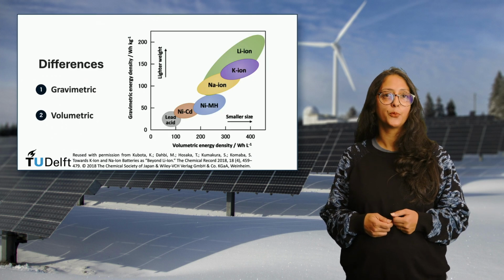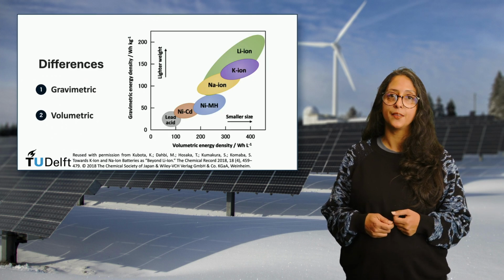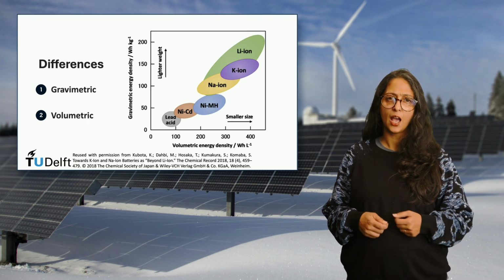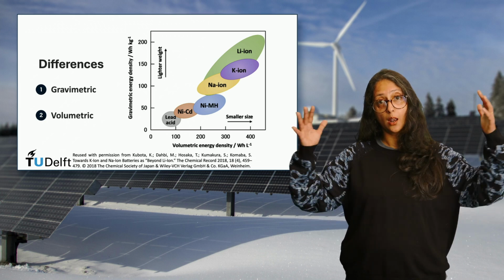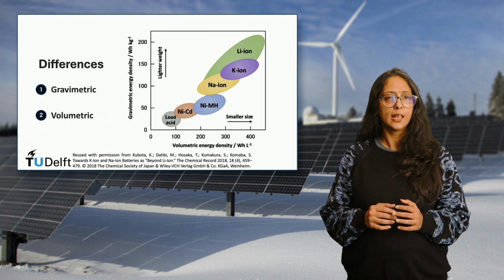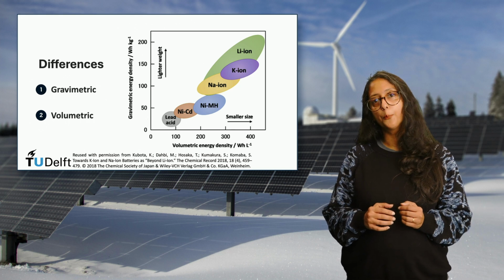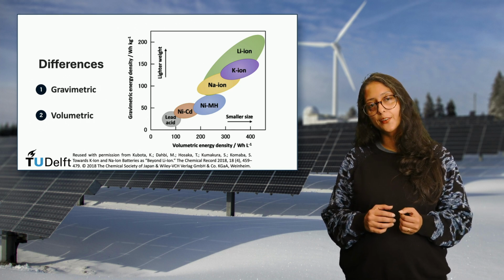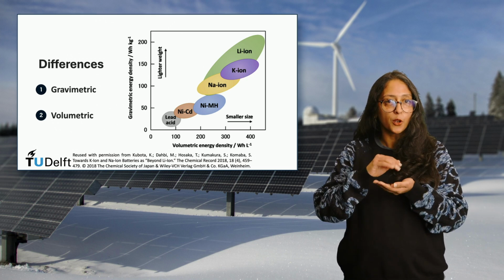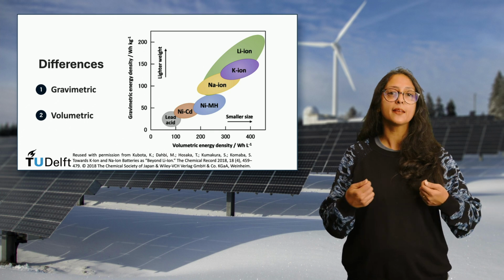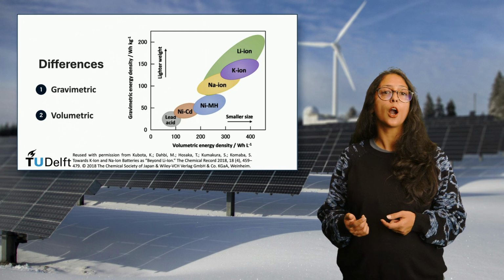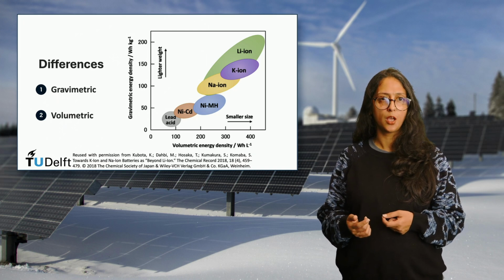The main difference between battery types lies in their gravimetric and volumetric energy densities. Essentially, how heavy or light and how large or compact they need to be to perform in a comparable manner. Lithium-ion batteries typically outperform lead-acid ones with significantly higher energy densities. This means that they are lighter and smaller for the same energy output, making them ideal for electric vehicles where weight and space efficiency are crucial for performance and range.